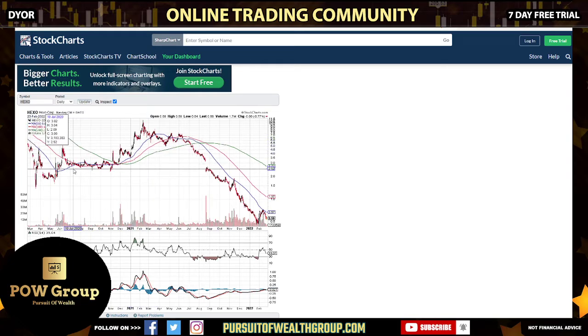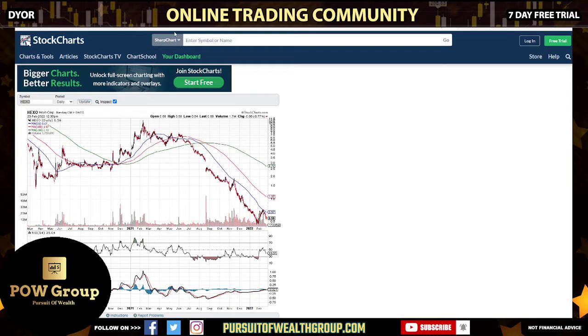So again, when the 50-day is below the 200 and it crosses, that's a golden cross. When the 50-day moving average is above the 200-day moving average and crosses down, that's called a death cross. And look what happened. After that death cross occurred in August, we dropped all the way from about $5 down to below 50 cents. So that's the power of knowing what a golden cross and a death cross is. Now, we're still struggling at the 50-day moving average, so it's perceived as bearish. If we can get above it, confirm support, then it's going to be perceived as bullish, but we still got a long ways to go before we would ever see those moving averages cross again as a bull cross and a golden cross.